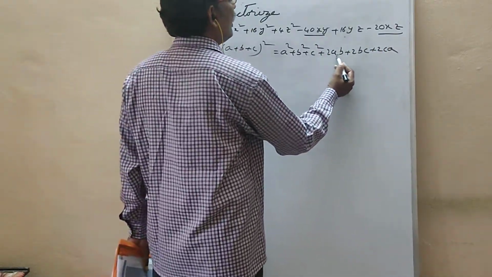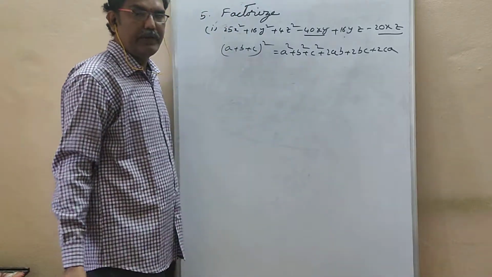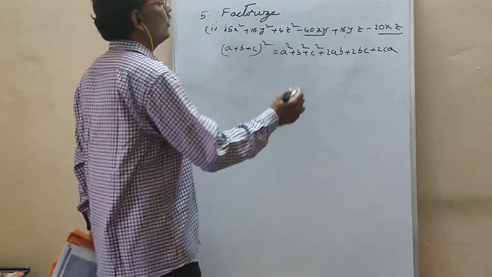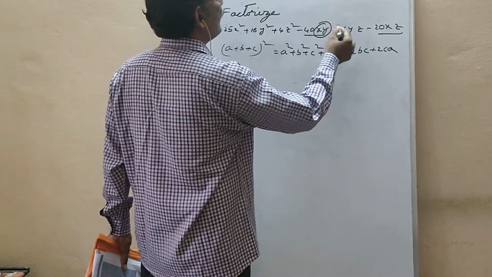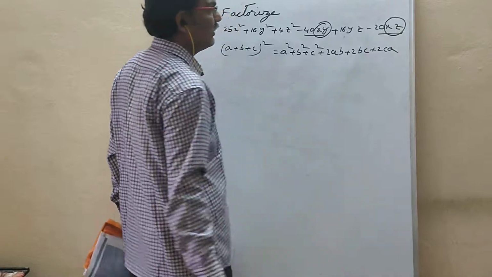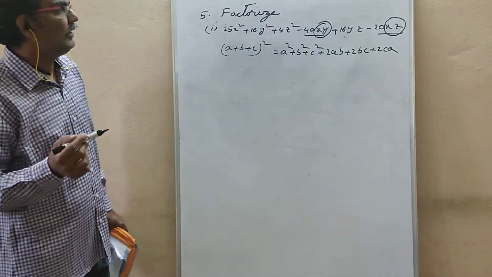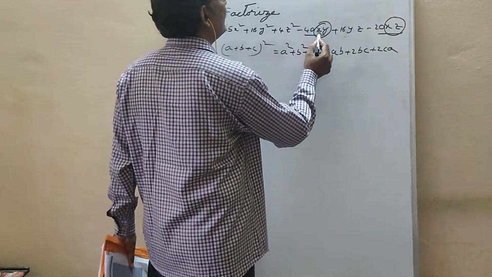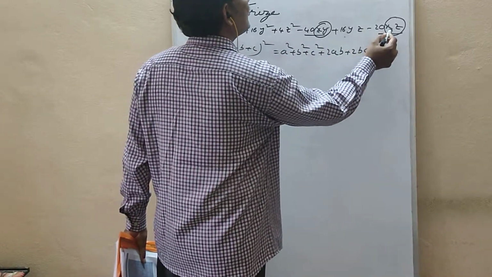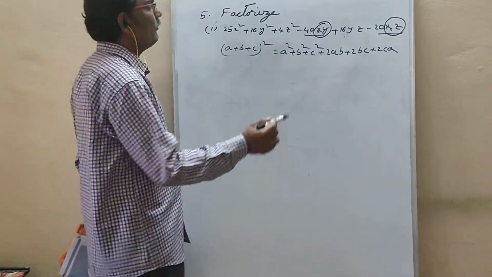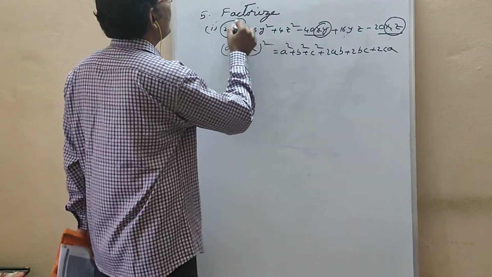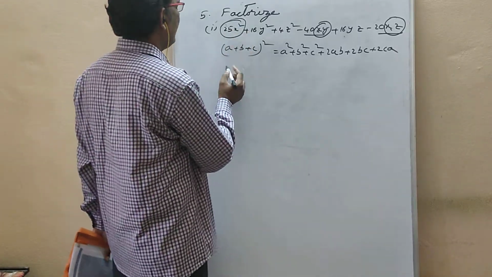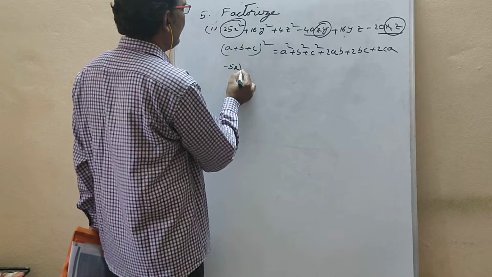Actually in this formula all are plus only, so no need of fearing. But in this question you have 2 minus symbols. In this, if you see xy is there, xz is there. Which alphabet is in common in xy and xz? X is there in this and also x is there in this. So for the x term you have to keep minus. Means 25x square you should write as minus 5x whole square.